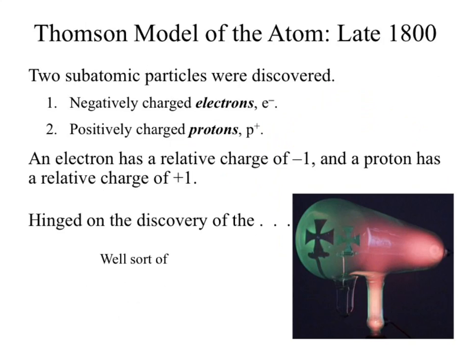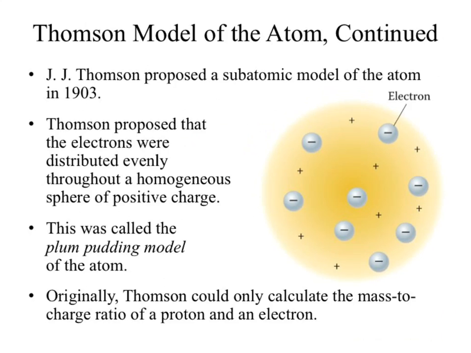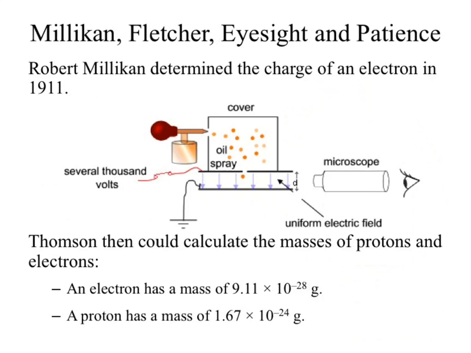So there's no units on that. He just says, well, this one's positive by some amount, and this one's negative by some amount. Oh, and taking a step further, whatever it is negative, it's also that counter positive. So he was able to figure out that exact ratio. It's a 1-to-1 of opposite signs. But that was about it. He couldn't tell you what the exact charge was. Okay? So we need to come up with some other experiments to do that. That's where Millikan came in, and you're looking at 1911. He was able to figure out the charge on an electron, okay, which is pretty intense as far as I'm